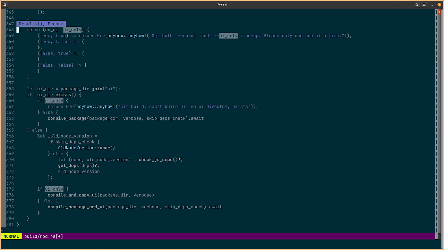Yeah, true. Or maybe you can just do it, given that we don't use it, just move the UI dir exists bool, put it above the match statement, and because of that it shouldn't error, right? So just make it a bool, and then we can use it within the match statements that we want to use it in. Does that make sense? Yeah, I mean, we're still doing that same branch in multiple match branches. Yeah, but then it's just like, if UI only or if UI dir exists, then do this, else do that. We can even do it inline, maybe, if UI doesn't exist.